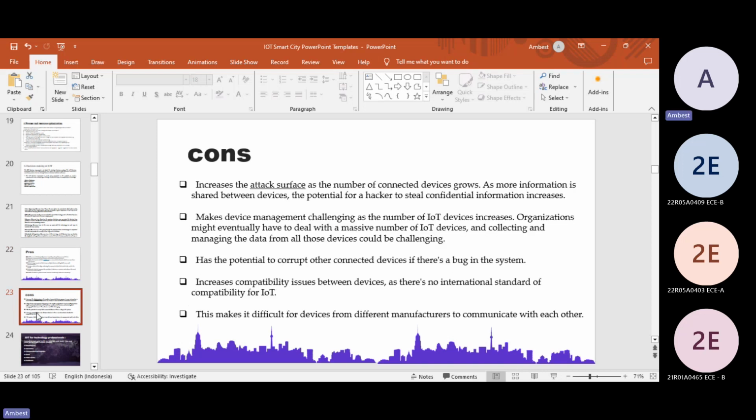Coming to the cons, it increases the attack surface as the number of connected devices grows. As more information is shared between the devices, the potential of a hacker stealing confidential information increases. And the second thing, just like I've said, is that it is quite challenging for organizations to collect the data from every device, because